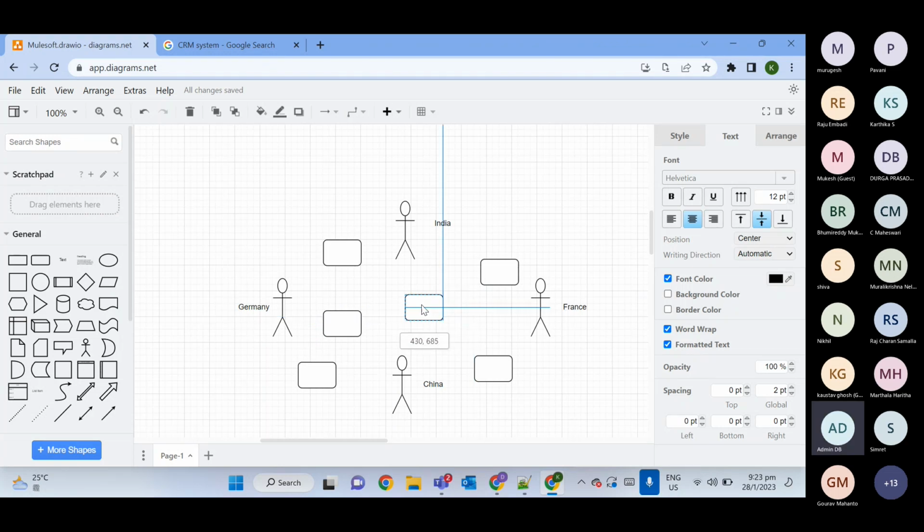So what they are doing here, to communicate with these two, they will use this translator. They had 6 people, and one person knew German and Chinese. So whenever the German person wants to communicate, he will pass his message to this translator. Now the translator will convert that into Chinese language and pass it to